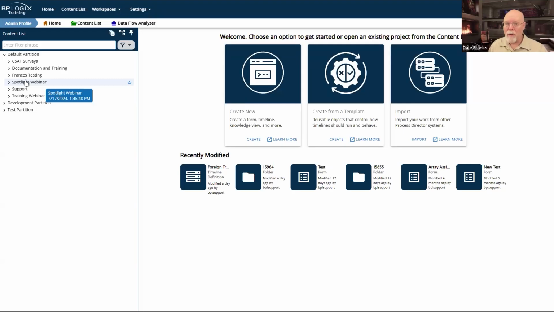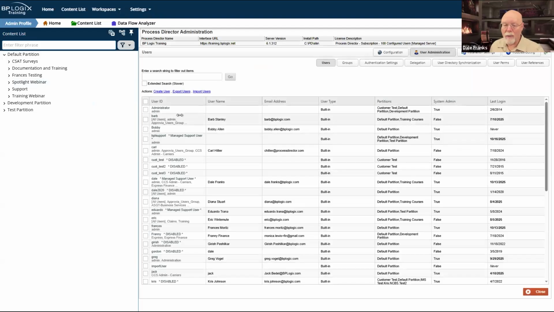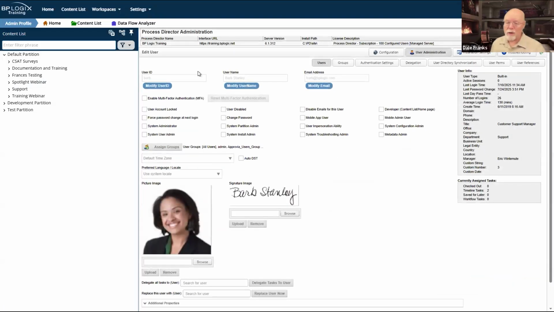But if I don't have permission to see a thing in the content list, I'm not going to see it in the content list, even if you have granted me developer permissions on the machine, because all those developer permissions are going to allow me to do is to see the content list and to see the home page.